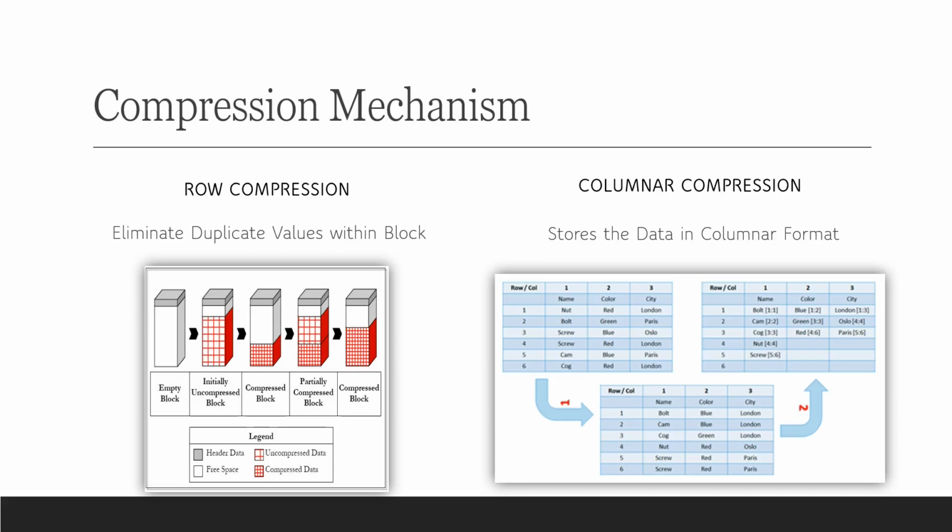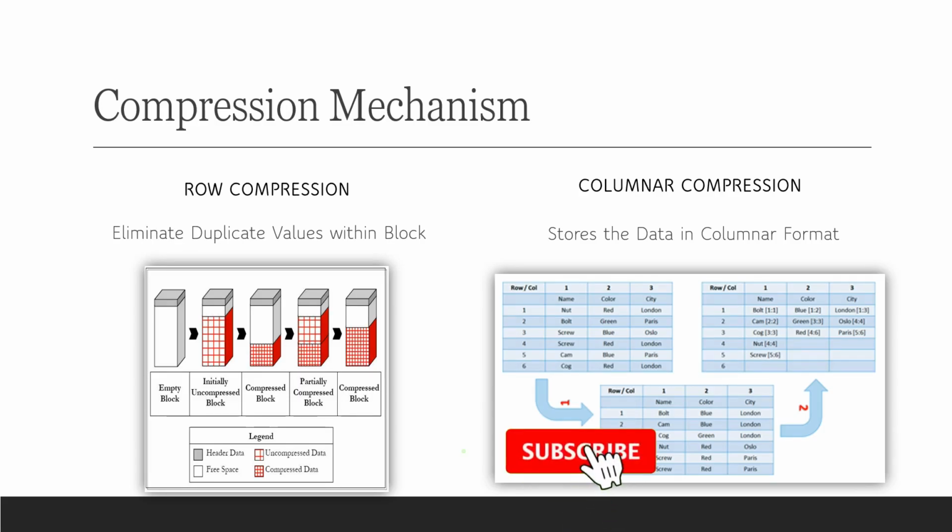Row based compression was introduced in version 11G, and it was moved to advanced table compression in version 12C. The problem with row based compression is that it is best suited for direct path write operations. In case you are using other types of write operations, it is not best suited.